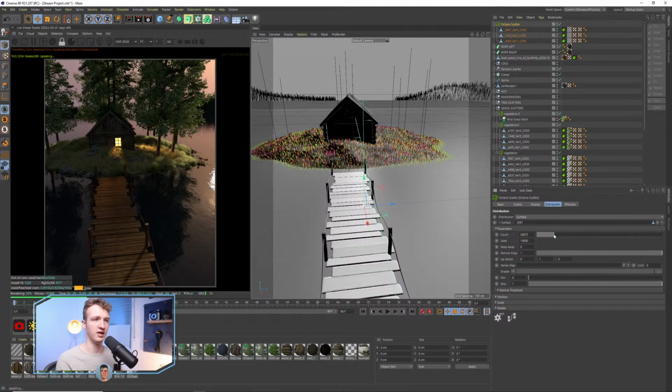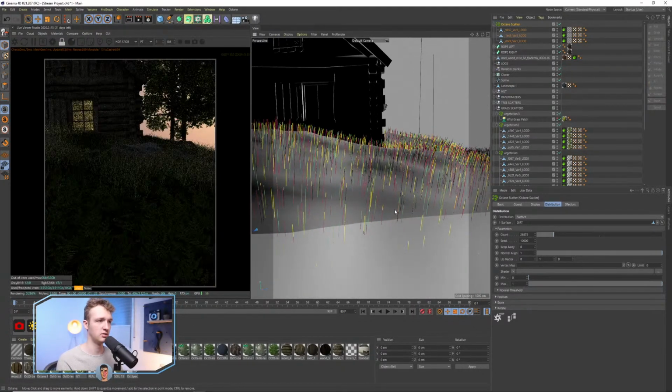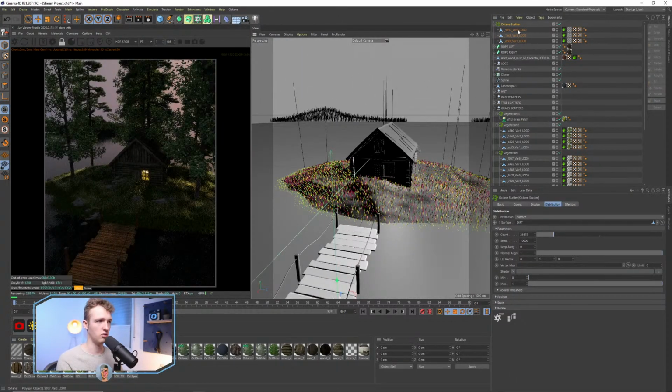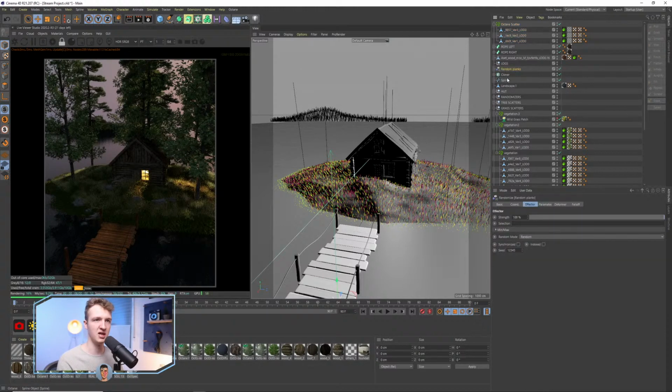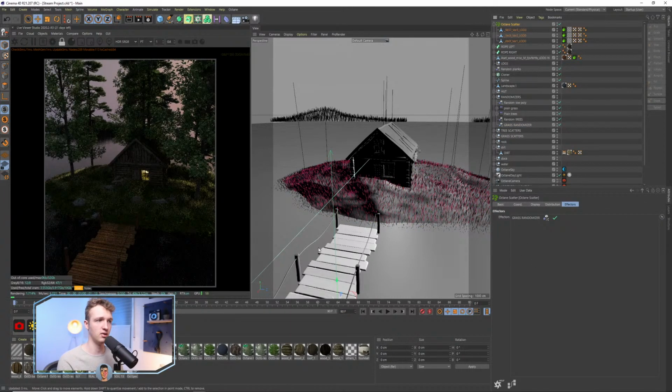And now here, if I increase the amount, you can see that we're getting these ferns everywhere on our island. But I definitely do not want them to be everywhere. I'm gonna add a random effector here. And random effector basically means that it will spin my plants on a 360-degree axis randomly. So I'm gonna go to my randomizers and then random grass. And I'm just gonna add this grass randomizer here. So now my ferns are spinning